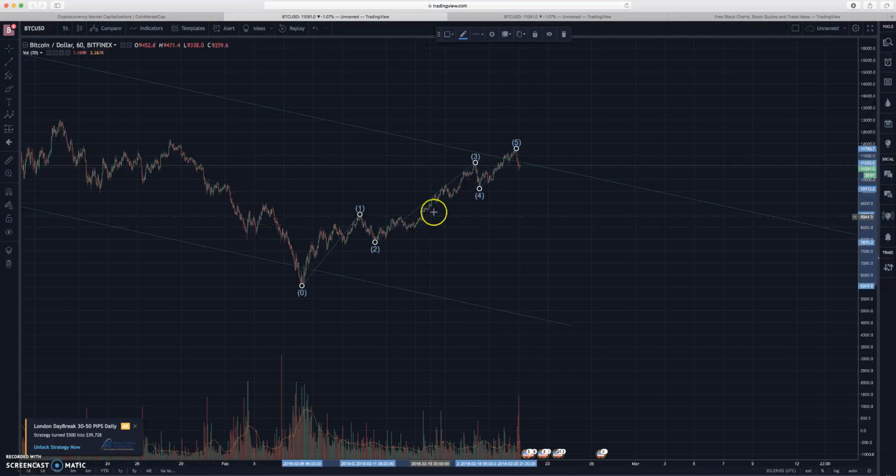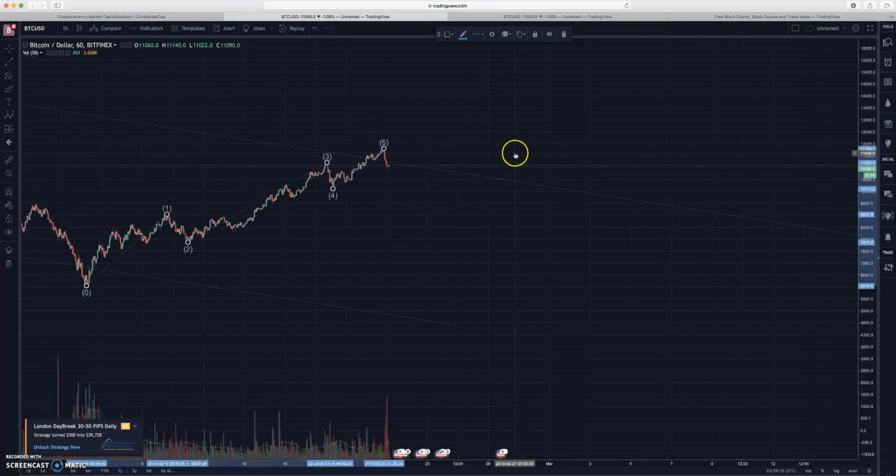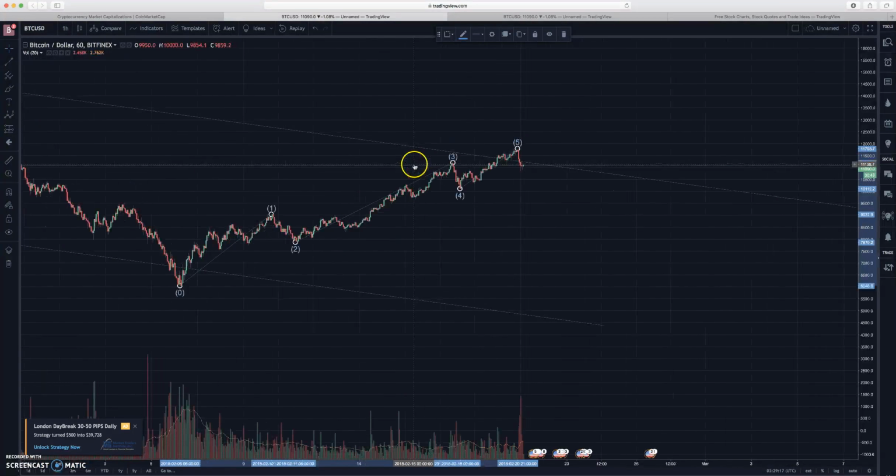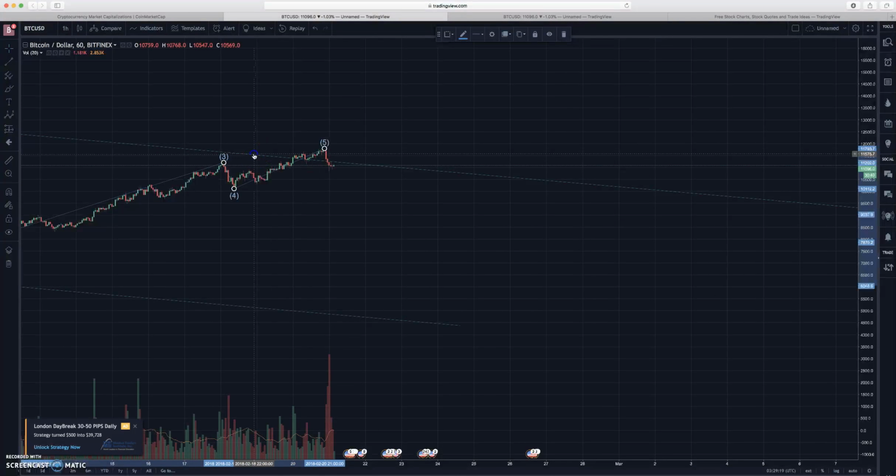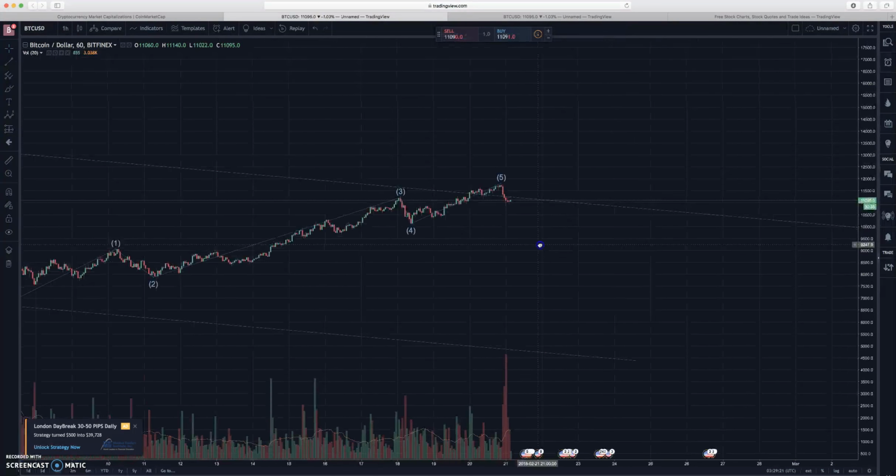I think it's been consistent where the 3 waves have been a bit larger than our 5 waves recently, especially in this downward trend that we've been in. So that's one of the reasons that I'm using that as my 3 and my 1. And then I think our 5 wave has just ended up breaking through this resistance line that we've been on for quite some time now.